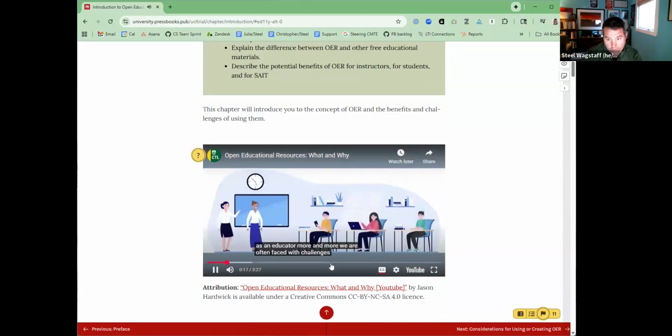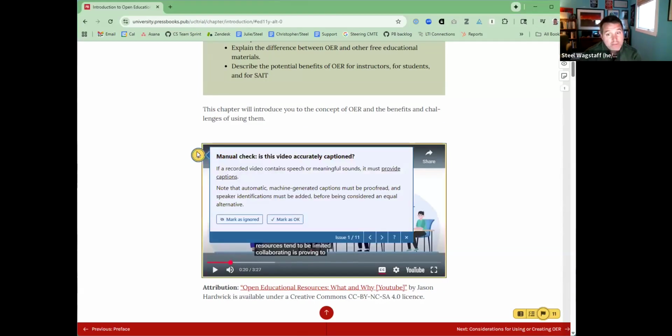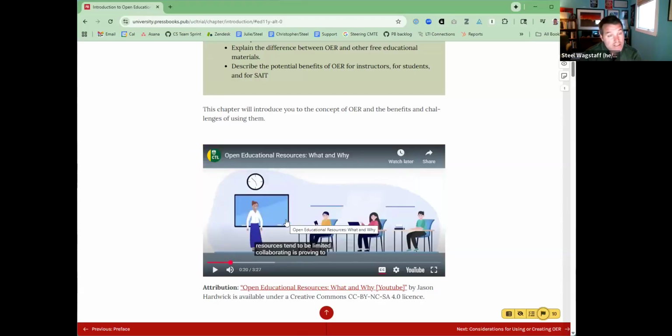Often faced with challenges, resources tend to be limited. In this case, I'll say, yeah, there are captions, and let's pretend that I did deeper due diligence and say, yep, there are captions and they're accurately captioned and done correctly. So I'm going to say I manually mark this issue as okay. Now that I mark it as okay, the number just went down to 10, and this issue has been resolved and marked as okay. Editorially, we'll keep track of that resolution, and I can go ahead and move on to